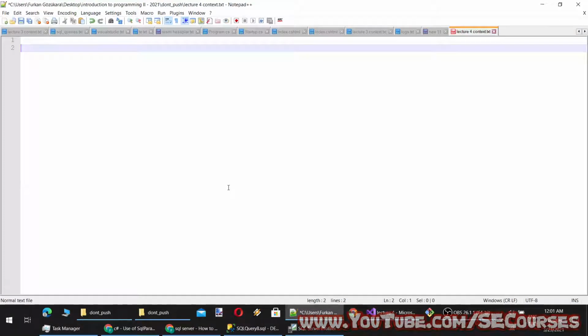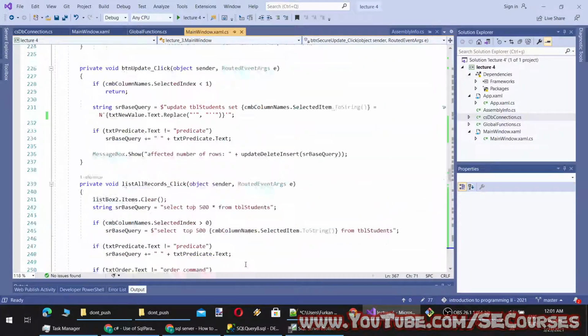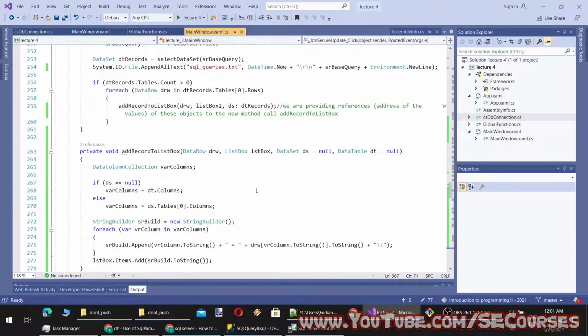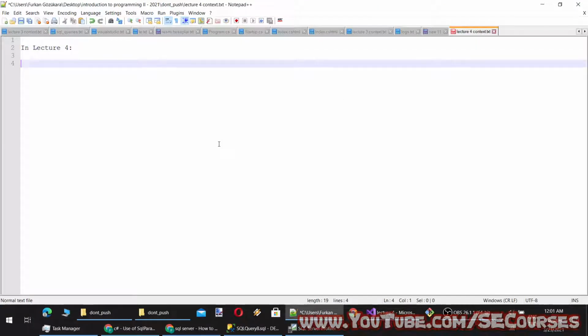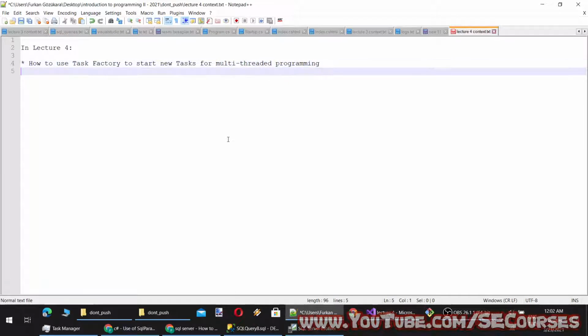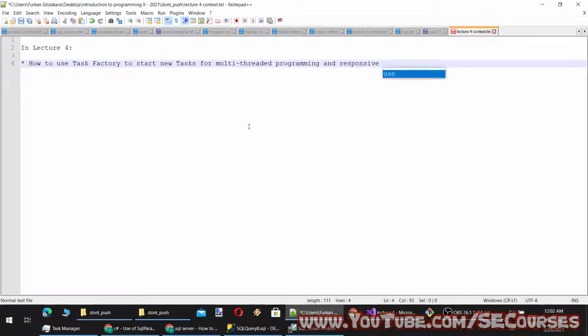All right. So what we have seen so far is how to use Task Factory to start new tasks for multi-threaded programming and responsive user interface design.